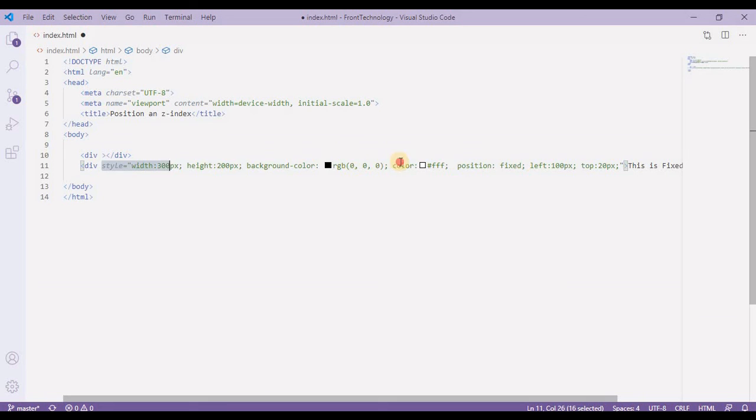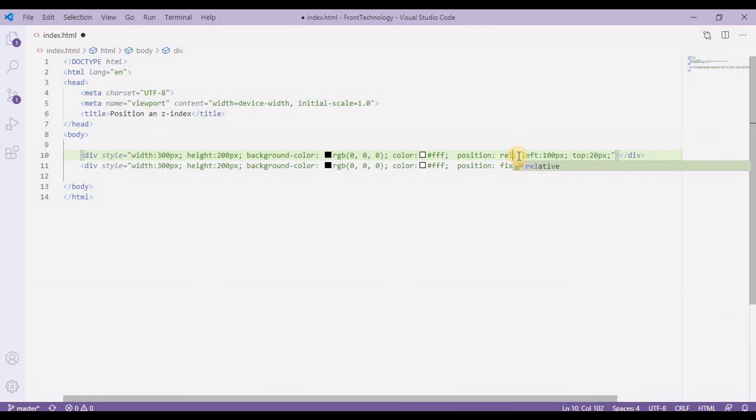I'll copy this line of code from here and paste it over here. So position is relative, and we don't need the background color. Instead of that, we want a border. One pixel dashed border I'm preferring for the moment, and the color should be something like gray.